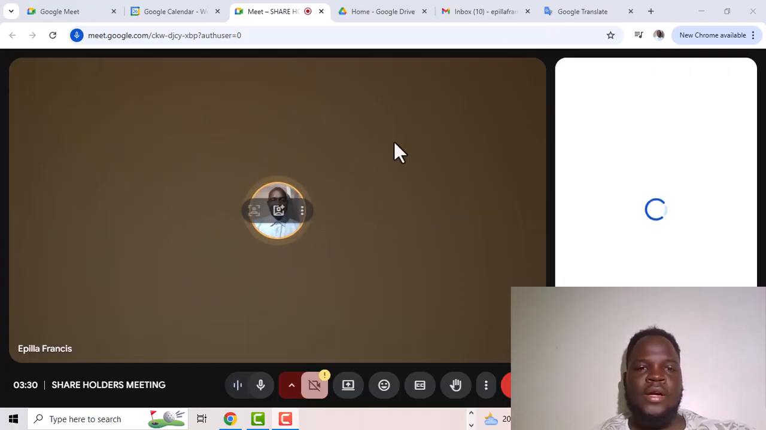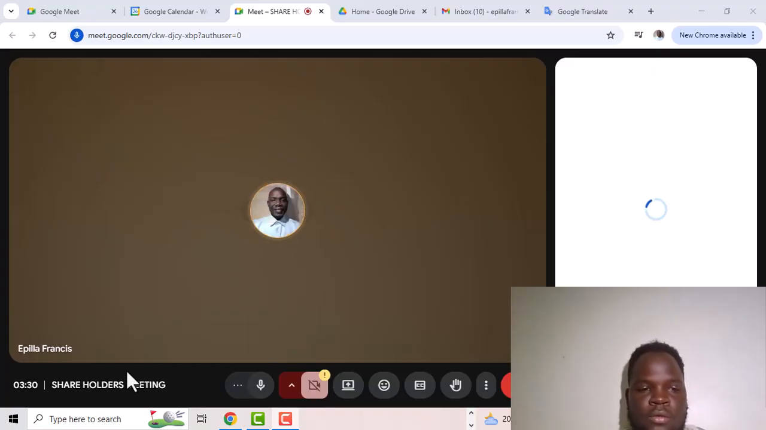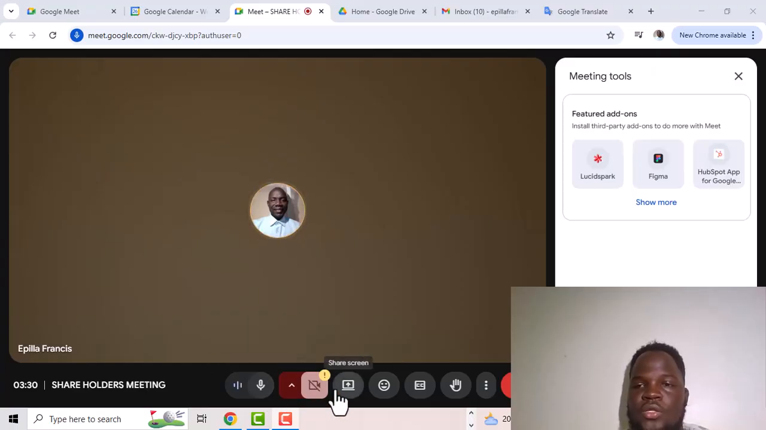here this is where my camera is supposed to be situated, and this is where I should be able to view myself, that my camera is working. But in this particular case it is not, because the camera is already in use. So right down below here we have a couple of options that we can use. We have